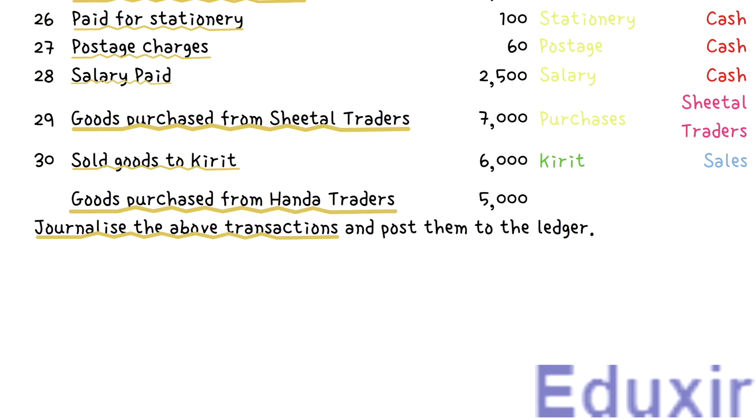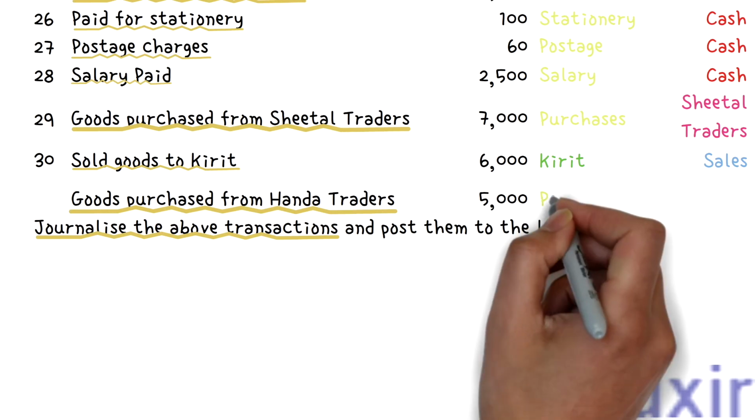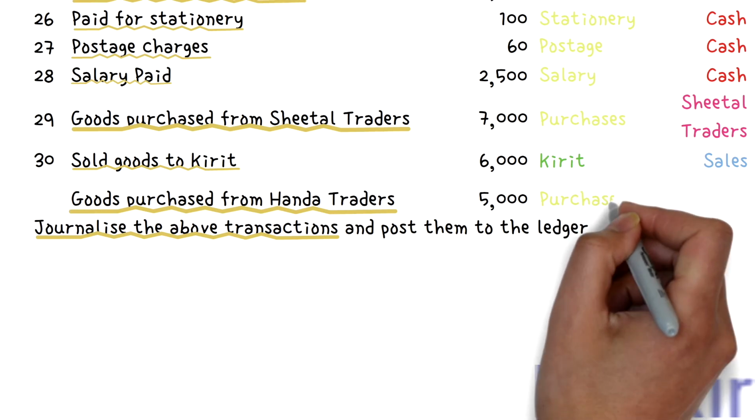As you know, purchases are revenue expenses. So, the business is incurring an expense named purchases in this transaction. The rule to record any expense incurred is to debit the corresponding expenses account. In this case, the purchases account should be debited.